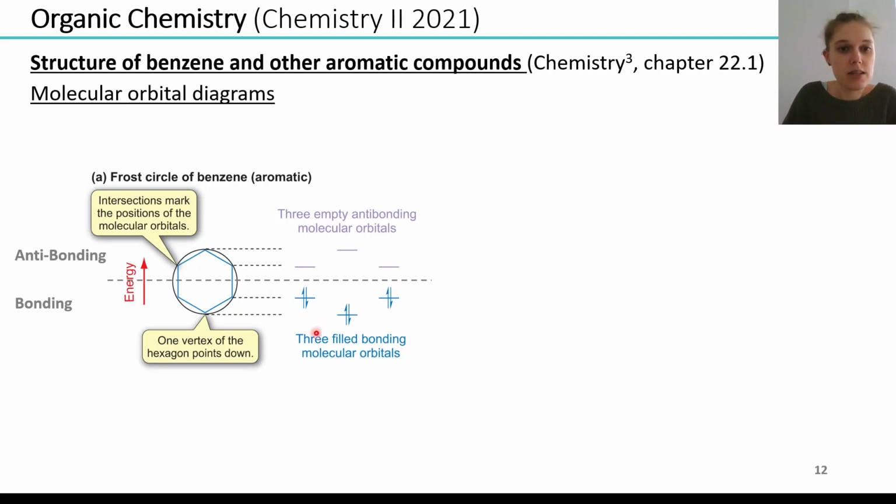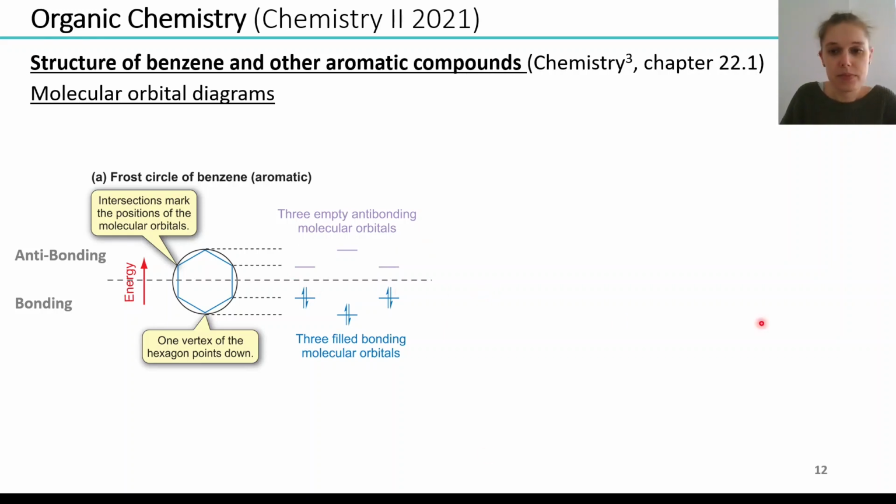So then we can see that after filling, we end up with 3 filled bonding molecular orbitals and only empty antibonding molecular orbitals. And at the end, this drawing here represents the molecular orbital scheme for the pi system of this 6-membered framework. And we can explain the special stability of benzene based on this scheme here. So as we only have filled bonding molecular orbitals, but no filled or also not half-filled antibonding molecular orbitals, benzene